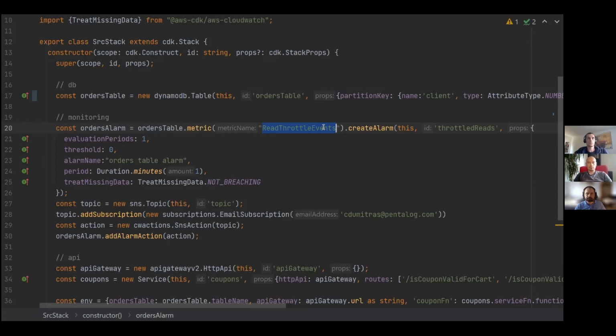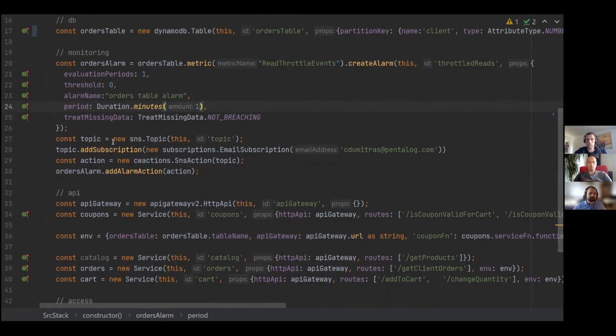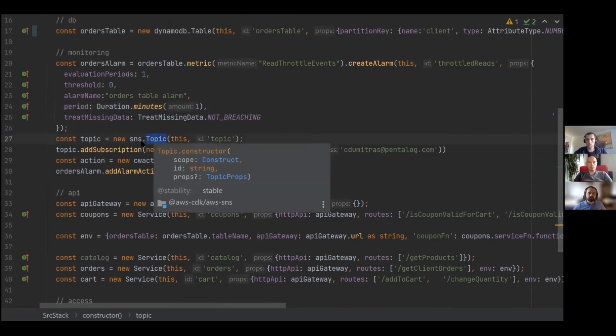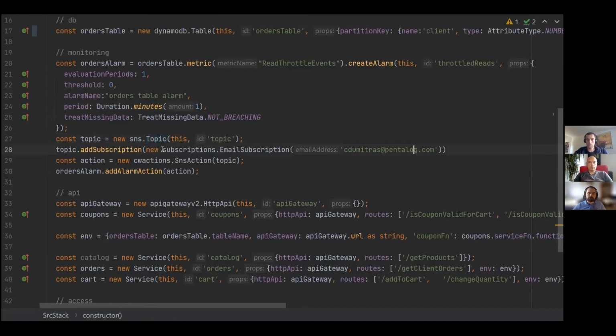They're already there. So in this case, we're using rethrottle events, and we're creating an alarm. We're setting it to 1 evaluation period, which means if the metric goes above 0 for 1 minute, it sends an alarm, and that means we're going to be using SNS to send an email, and you can see my email here.